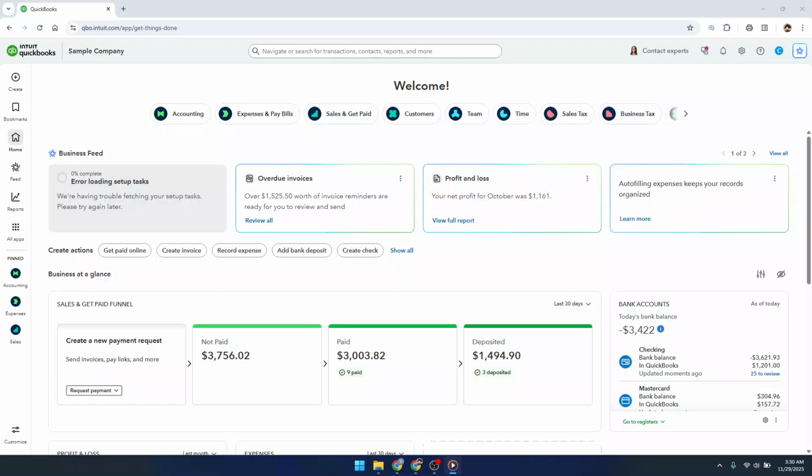In today's video, I'm going to teach you how to set up custom invoice templates in QuickBooks Online. Having a custom invoice template is a simple way to make your invoices look professional and consistent with your brand. Let's walk through the process step by step, and by the end, you'll have a personalized template ready to use